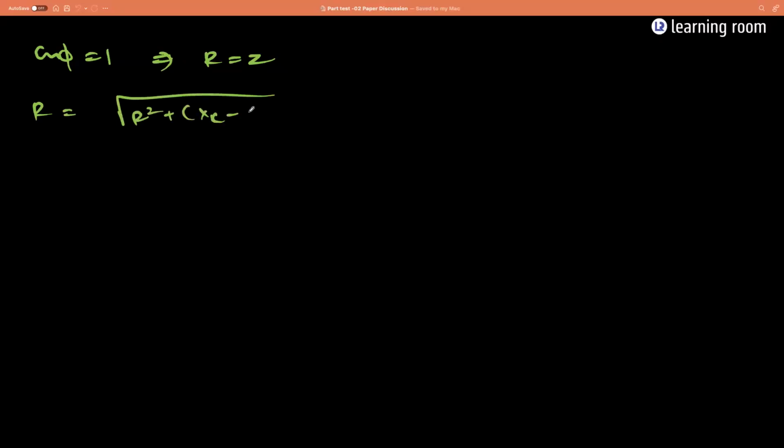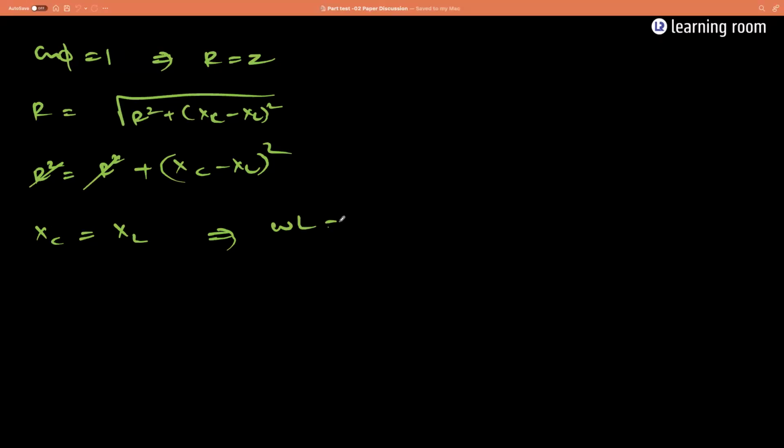Unity. So if the power factor is unity, cos phi is equal to 1, then what can you say? R will be equal to Z. So what is the value of Z, guys? Is it not root of R square plus XC minus XL the whole square? Squaring on both sides, R square will be R square plus XC minus XL the whole square. R square and R square are lost. So XC will be equal to XL, which implies